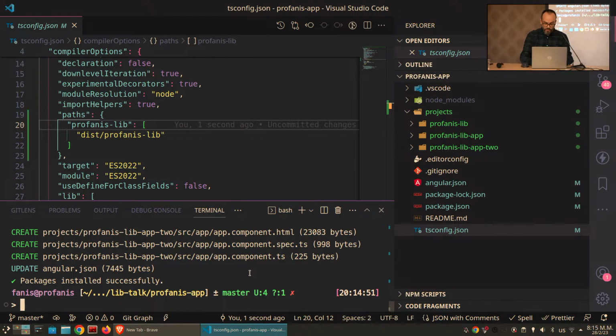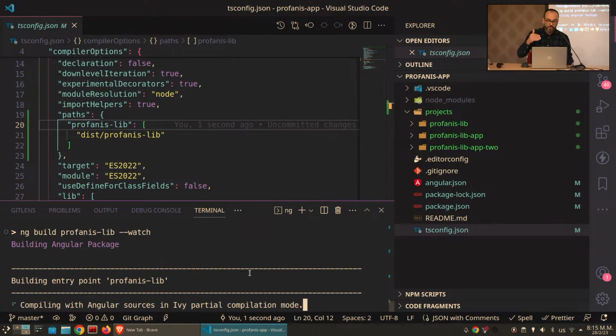But to make this work, we have first to build the library. So ng build, what are you going to build? The profanity lib, and I will also provide the watch option so that the file watcher,